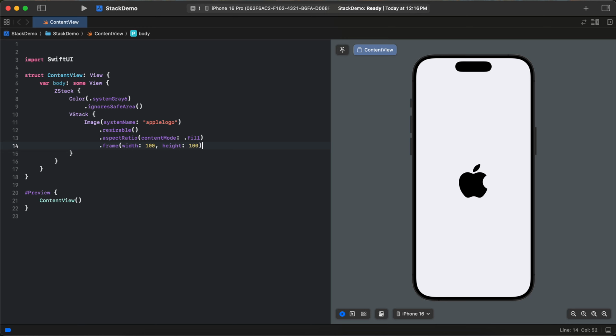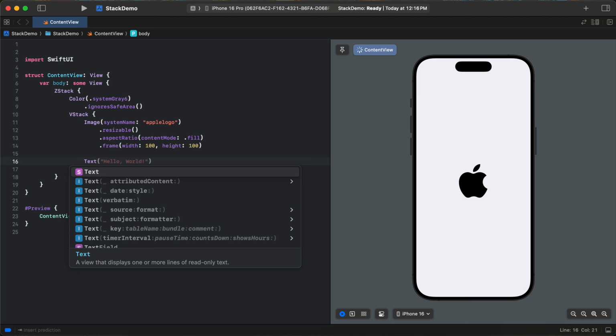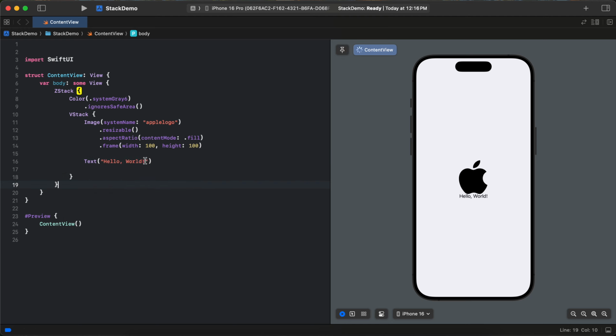Now I'm going to add one more component in this VStack. Let's say I'm going to add this text, and the title will be, what is this? This is apple, and make it a fruit. Okay, as you can see, after this apple logo, there is a text apple fruit as we have added it here. Let me give it a font,